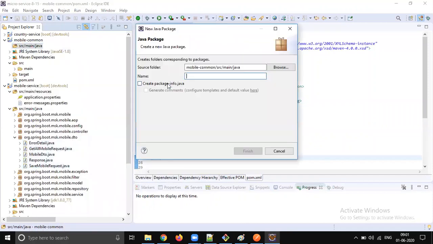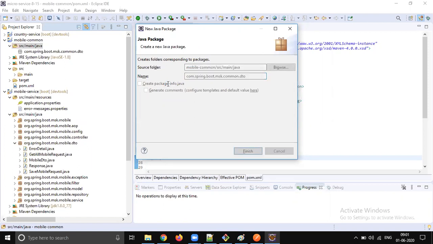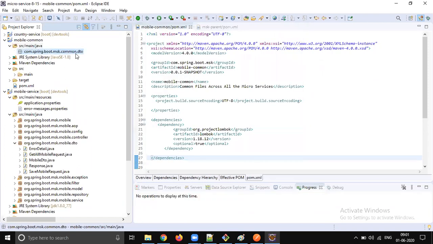So let's create a package. Let's follow the same naming convention: com dot string dot msk dot common dot dto. It's a common. Let's put it here.